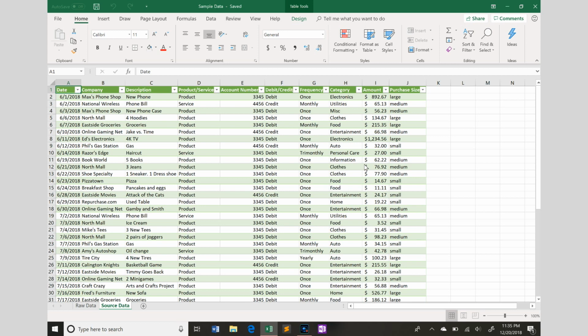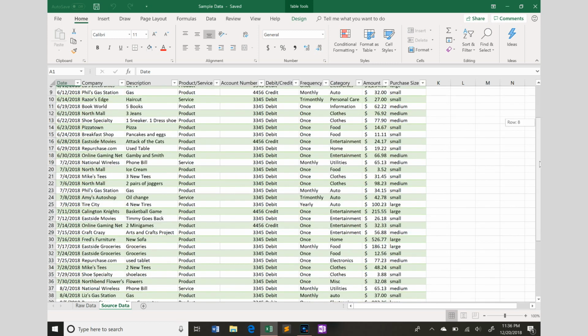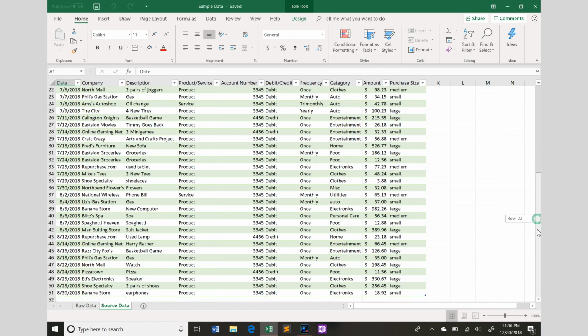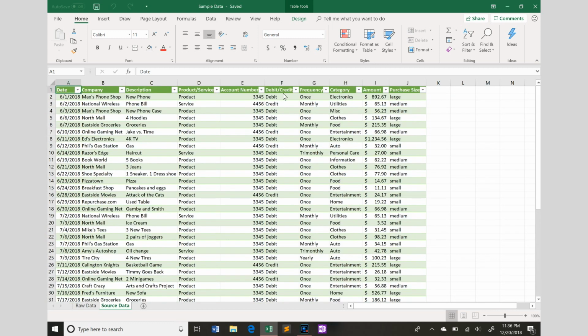So, before you get started on your pivot table, you want to get familiar with your source data, all of this right here. So, we already formatted it into a table and added filters into it. Basically, what this is, is 3 months of personal expenses from some person, starting in June and ending in August. So, we separated the data by date, the company the money was spent on, the description of the transaction,